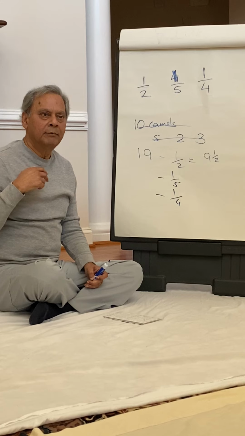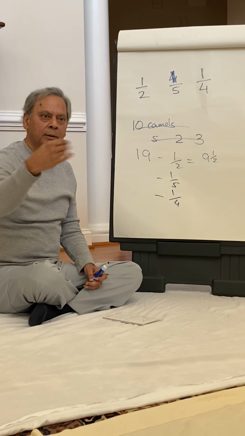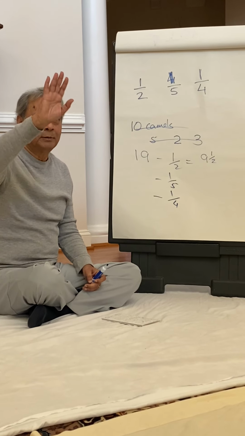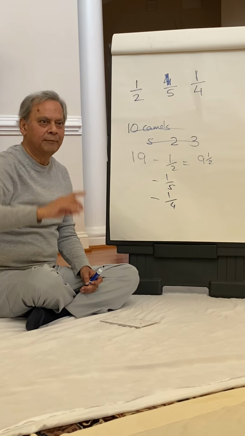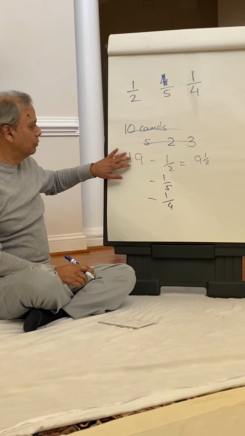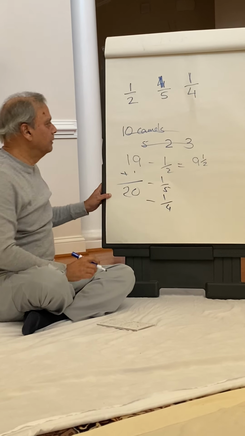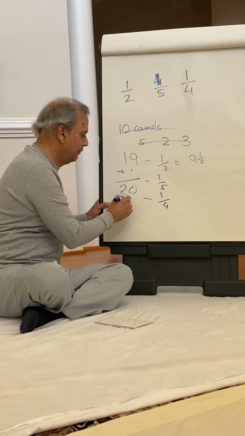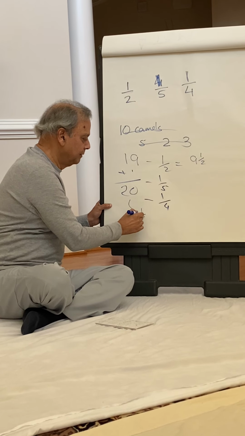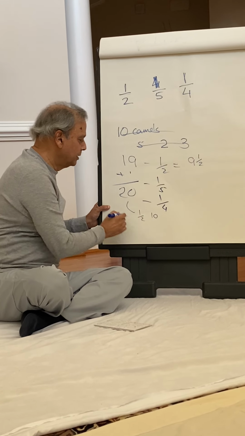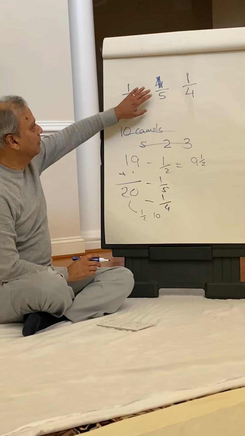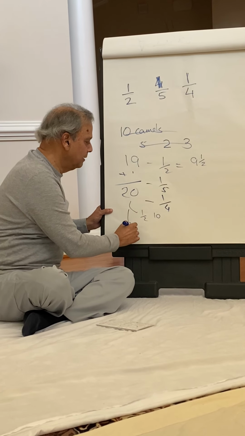So he said, I have an idea. The camel I have, I'm donating it to you. You keep it. Then the problem is solved. So 19 plus 1, he got 20. So the first one gets half of 20, which is 10. Second one gets 1/5 of 20, which is